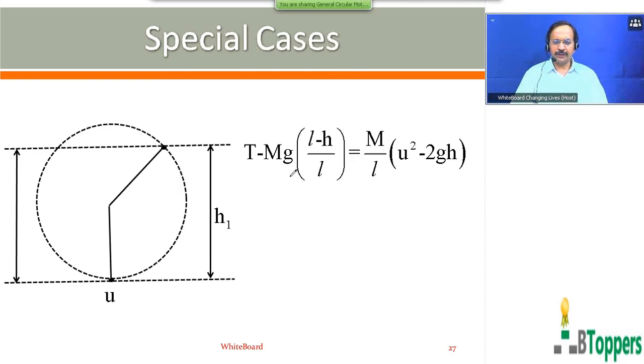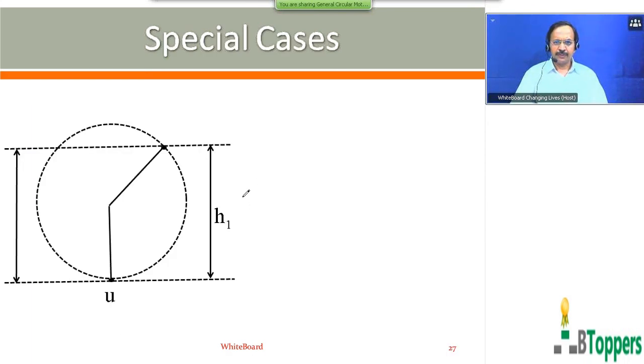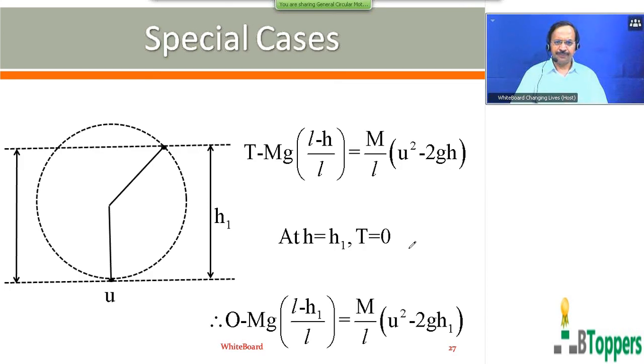So you can substitute in the previous equation, T minus mg cos theta equal to mv square by R. You can substitute cos theta equal to (L minus h) by L. On the right side, v square you can write as u square minus 2gh. So at h equal to h1, T is 0. So you can substitute T equal to 0 on the left side, and when you substitute h equal to h1 on the right side,